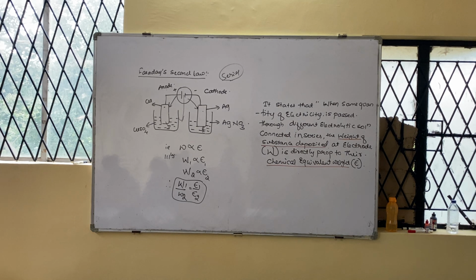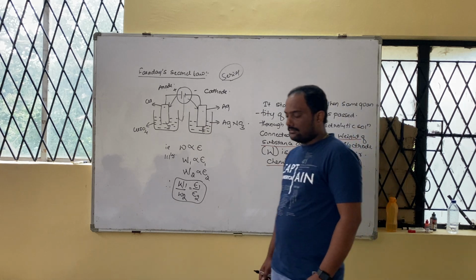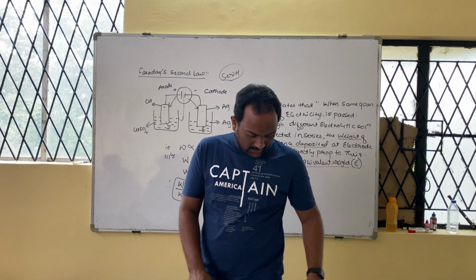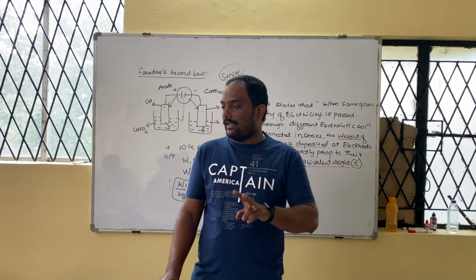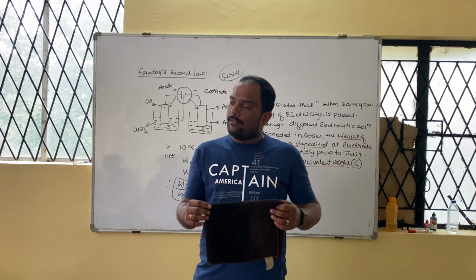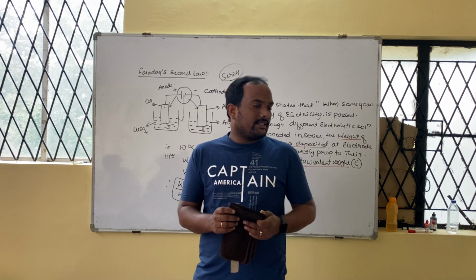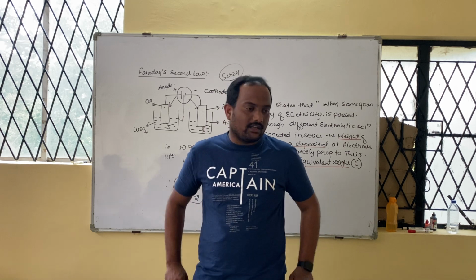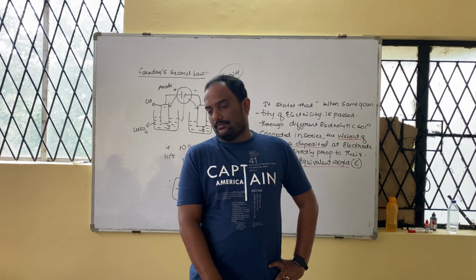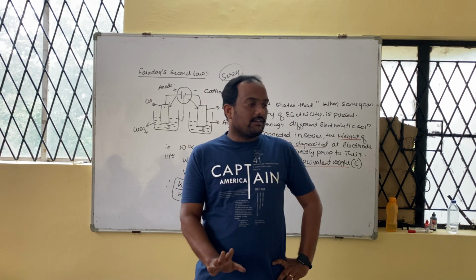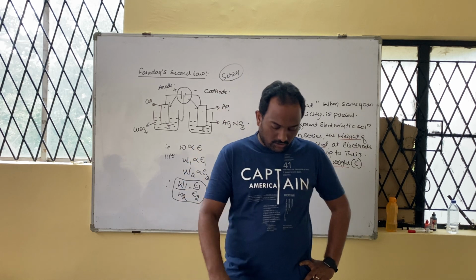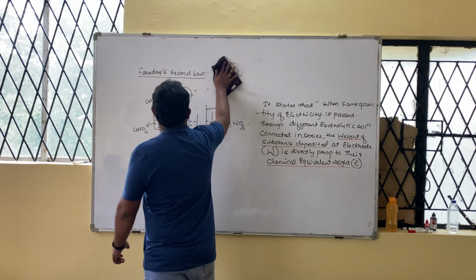Any doubts? So this completes Faraday's laws of electrolysis, both the first law as well as the second law. Numericals will come from Faraday's first law, and the statement comes from Faraday's second law. They don't ask any numerical from the second law, and they don't ask any statement from the first law. All of you got it? Numericals are there, so be careful. Any doubts? Go through both the laws till we clean the board, then we go for the next concept.